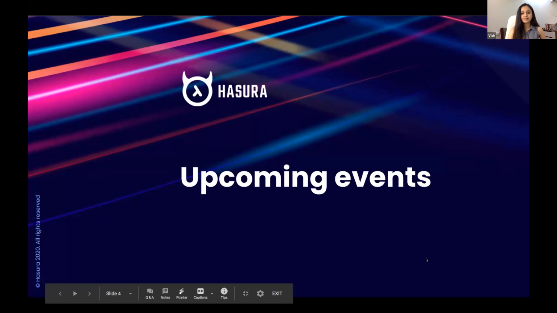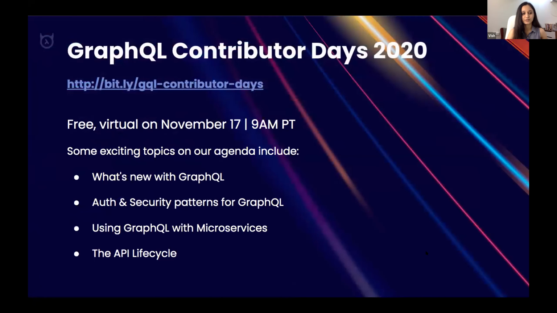We have a bunch of really cool upcoming events. The first one is GraphQL Contributor Days 2020, and this time we're going free and virtual. The first event is on November 17th, 9 a.m. PT, and here are some of the exciting topics our guest speakers will be talking about: what's new with GraphQL auth, security patterns, using GraphQL with microservices, etc. The goal of GraphQL Contributor Days is to not only provide a platform for the GraphQL community to connect with other GraphQL enthusiasts, but also give direct access to authors and core contributors of various libraries and frameworks